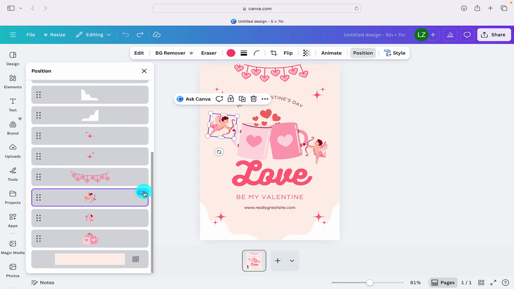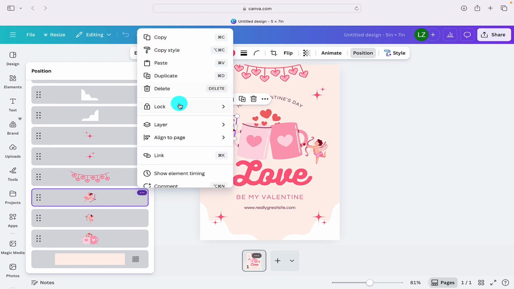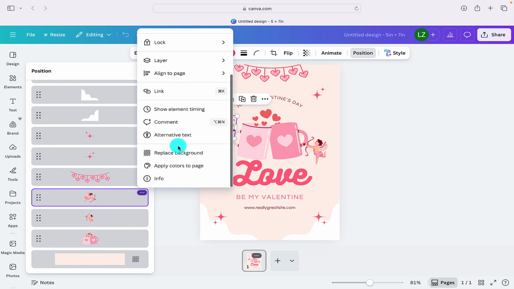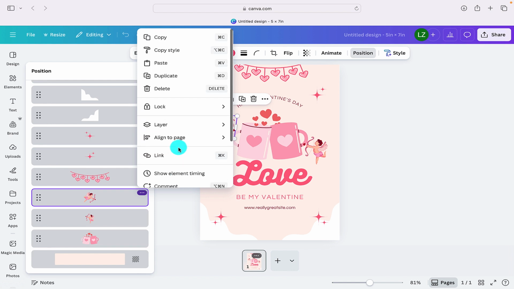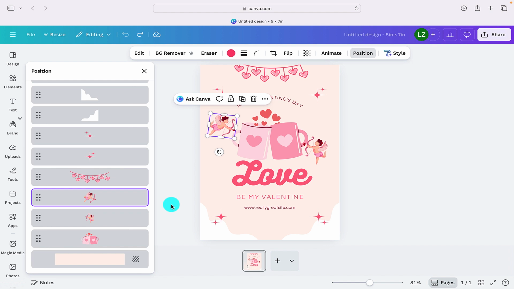And if we click on the three dots, we can't see anywhere on here that it says hide image or hide layer. So there's nothing quite obvious or straightforward to do it, unlike design programs like Cricut Design Space, where it has a little eyeball icon and you can click on that and that will hide the layer for you. So what we need to do is, we've obviously got the image highlighted, we've got the layer highlighted,